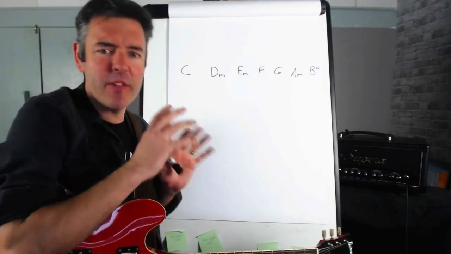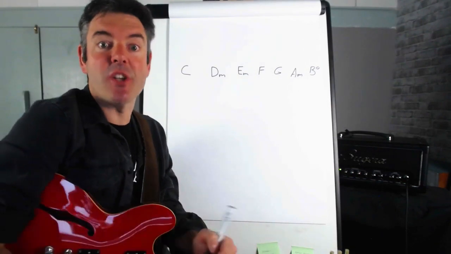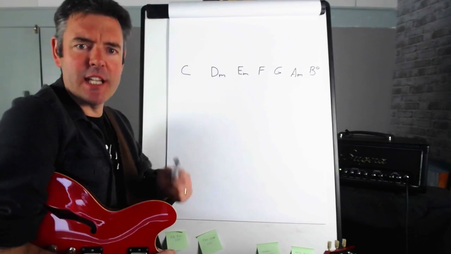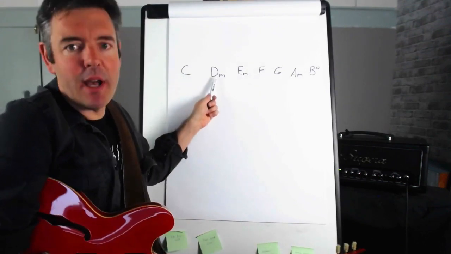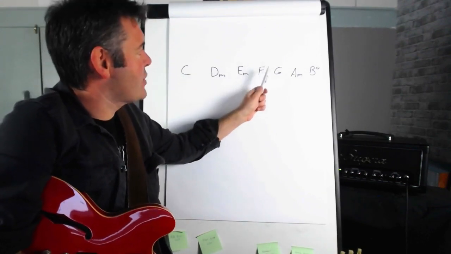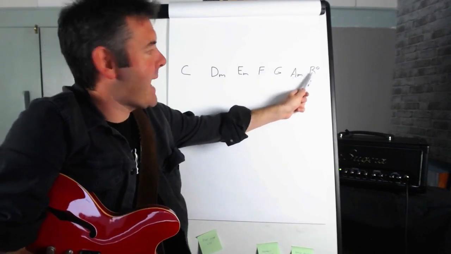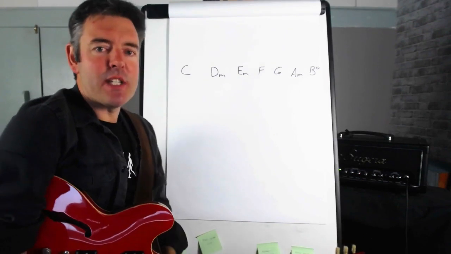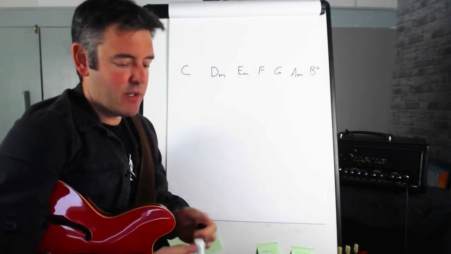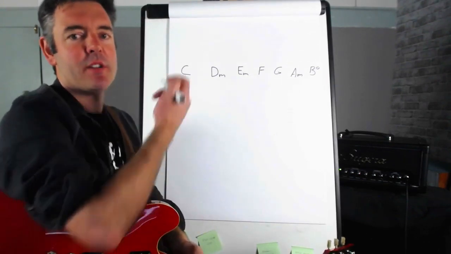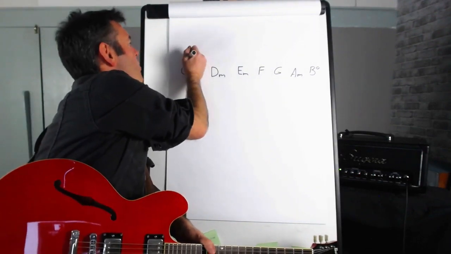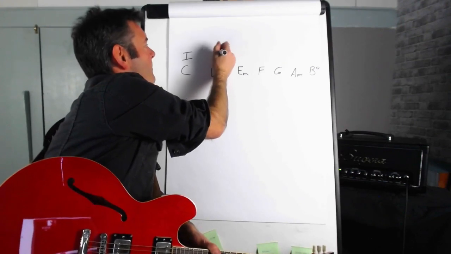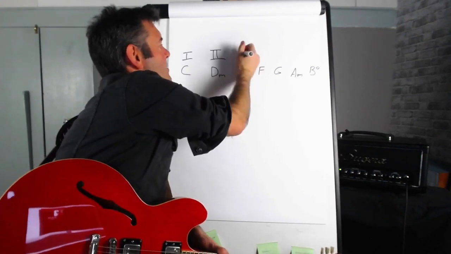So let's say for now that these are the chords which you would use in a certain key. And I've written the chords out here in the key of C. Key of C major, we have C major, D minor, E minor, F major, G major, A minor, and B diminished. Now, the common practice is to number these with Roman numerals, and that's exactly what I'm going to do now. You will have seen me do this in some of my other videos. So I'm going to label C as chord 1, D minor is chord 2,